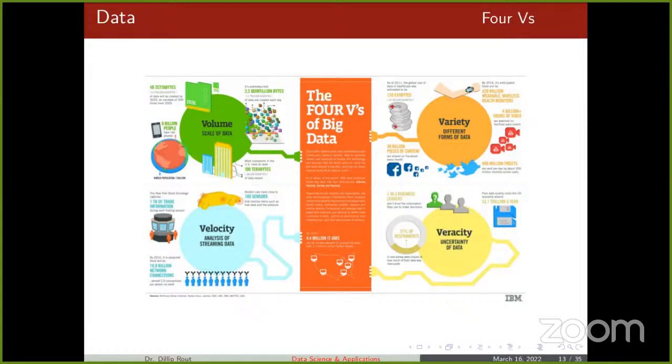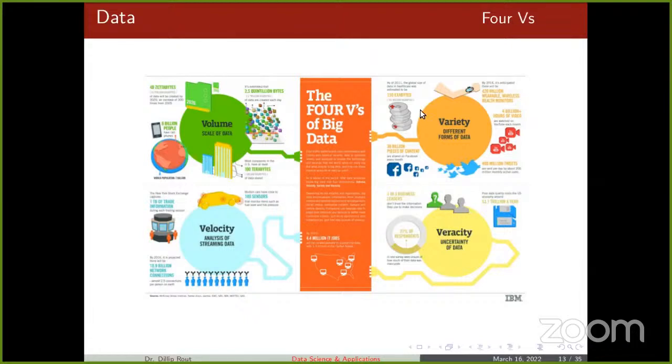Okay, so each day Google is producing 20 petabytes of data, which is quite huge, and this is 10 to the power 5 of 1 terabyte, which is really large. So in that case, the volume comes into the picture. There are 4 V's normally in the data, but some people write 3 V's, some people write 6 V's also. So in big data, one of the things is the volume of the data. This is one of the V's.